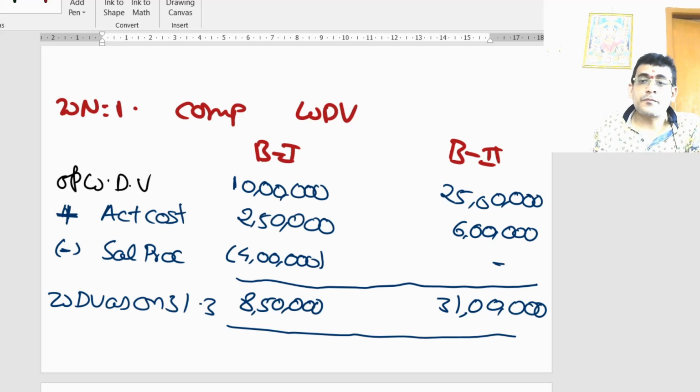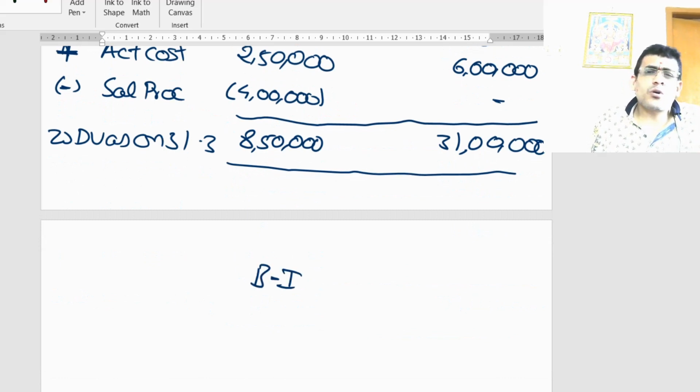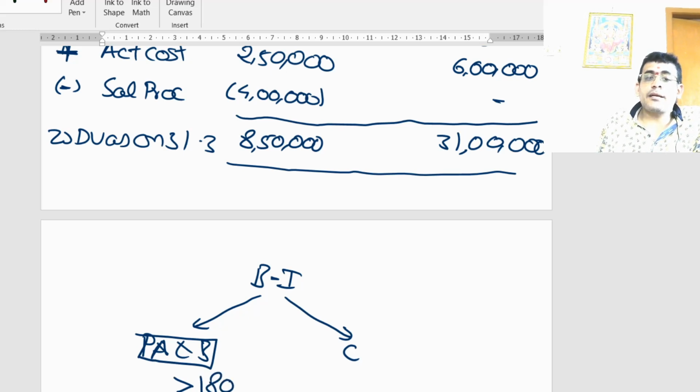Now if you observe, when I try to calculate the depreciation, there are 2 components in your WDV. Now let me focus initially on block 1, then I will come to block 2, because block 2 is very simple. If you observe, there are 2 things there. Initially you are having plant A and plant B. You had acquired some other plant C. Plant A and plant B was used for a period of greater than or equal to 180 days. Plant C was used for a period of less than 180 days. So this is used for a period of less than 180 days.